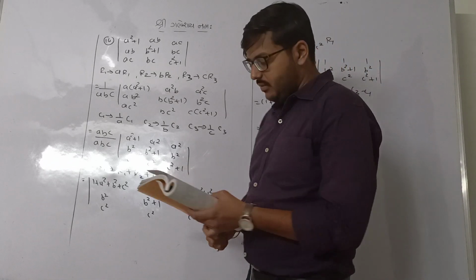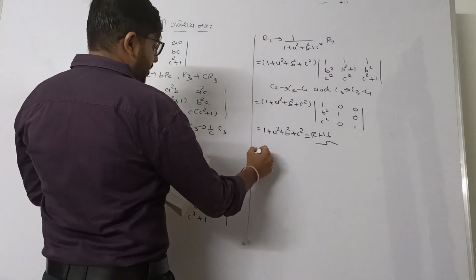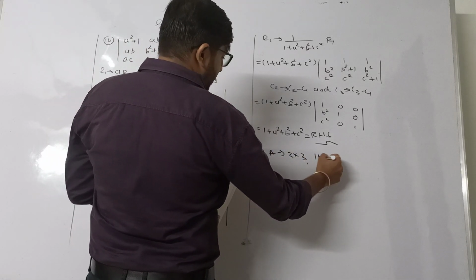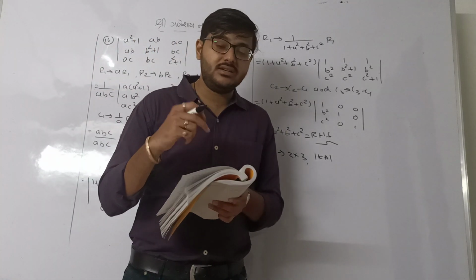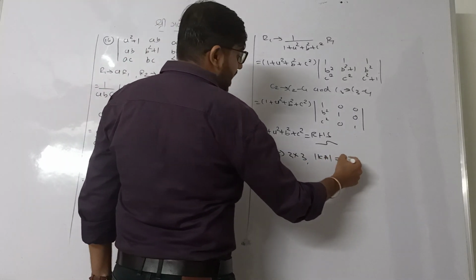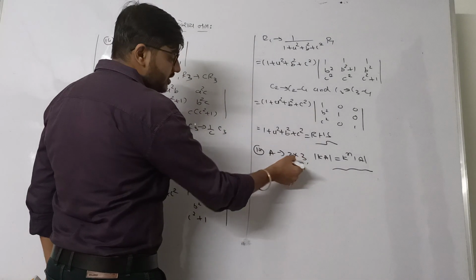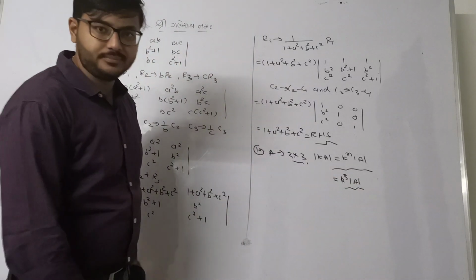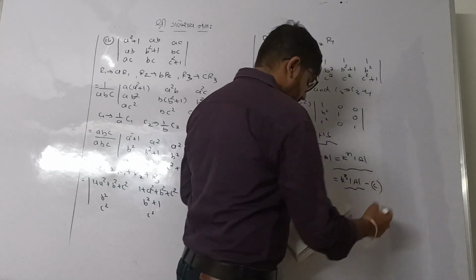So first MCQ we have given that A is a square matrix of order 3 cross 3. A has order 3 cross 3. So what will be the determinant of KA? So if you remember, in the beginning of this chapter we discussed a property that K is a scalar and A is a matrix. So its determinant directly equals K raised to n determinant of A, where n is the order. So here the order is given as 3 cross 3. So the answer will be K cube determinant of A. Okay. So the correct option is C.